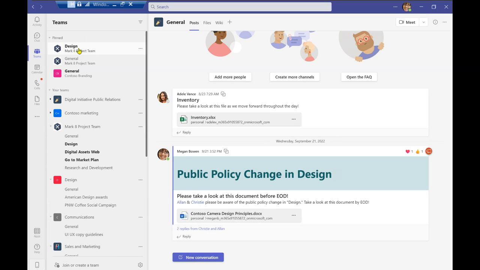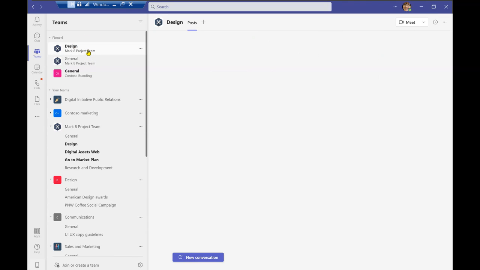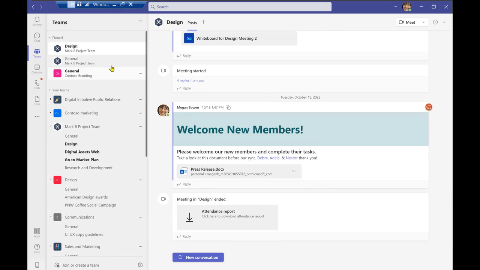and see that Megan has a few channels of her teams that are pinned up top for easy access. So if she were to refer to them easily right over here, she can access that information. And I did want to draw your attention to the fact that it was bolded before I selected that specific channel. Once I did select it, it was unbolded, meaning that that information has been marked as read.